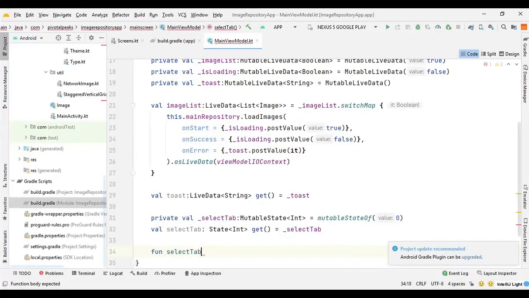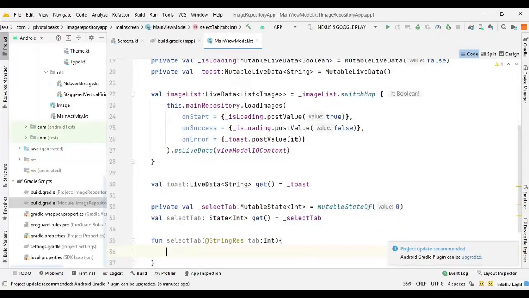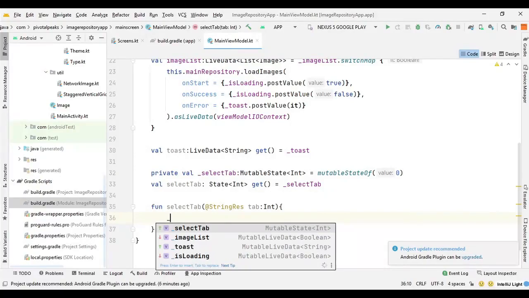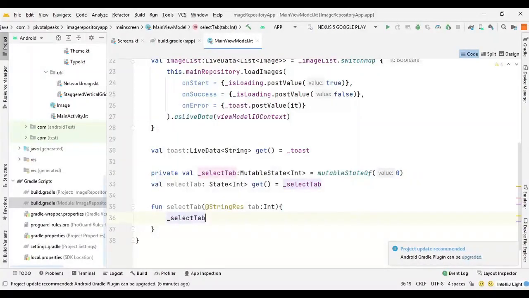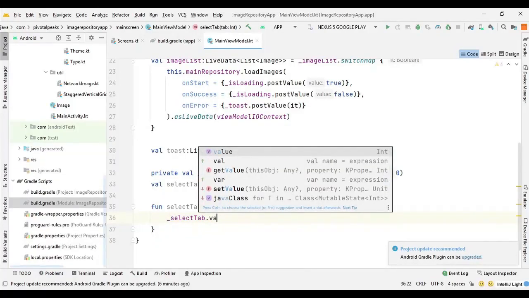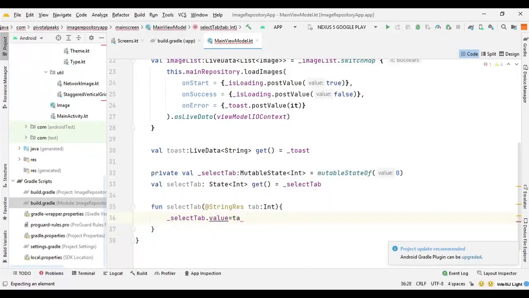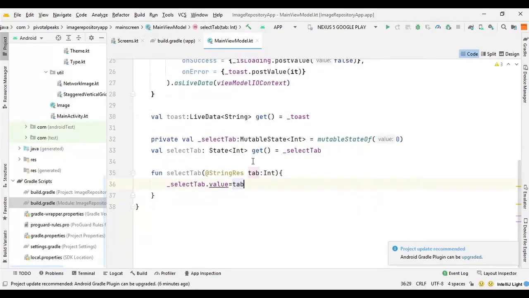Then we need to create a function to select the tab, so here we can say fun selectTab, and here we need to provide the string resource, so we can say @StringRes tab of type int, and then we can update the value from here, so we can say _selectTab.value = tab, and we need to annotate it with @MainThread, so it will run on the main thread.